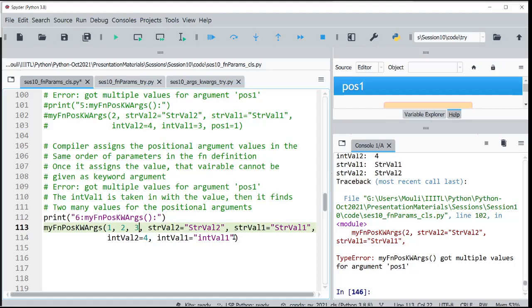Now, see here, these values have been already assigned. All the str value 1 and 2 and interval 1 and 2 are assigned. So it has taken care of those parameters. Now what happens? We have given extra additional parameters here. Though there are only 2 positional arguments, we have given 3 values. Now the error that you get is little confusing. It's not saying that more number of